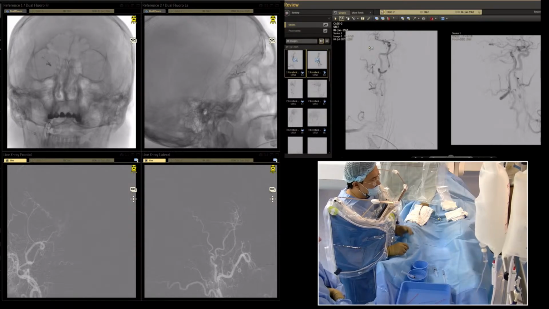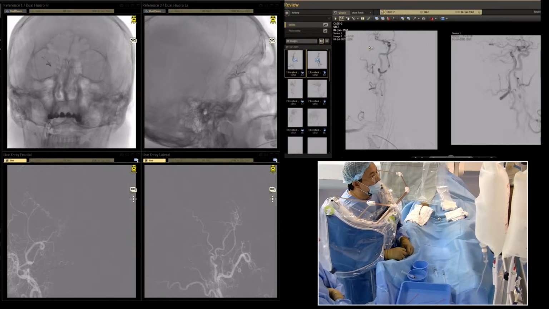I completely changed all my access devices, and since 2014 we started to use more actively